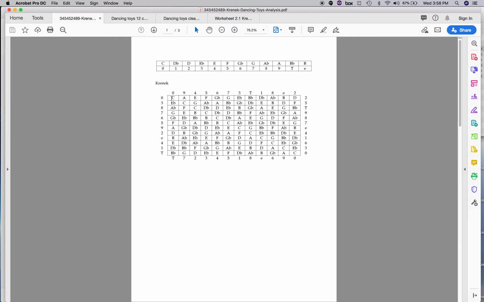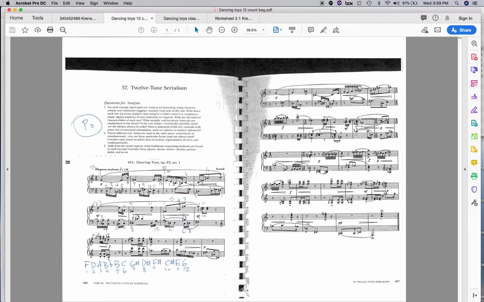I'm going to make the C the upper left, and I'm going to do my matrix. Every matrix has C in the upper left corner. So that's one way to do it. I don't recommend it, but in that particular formulation, then C is 0, and that because the piece starts on F,